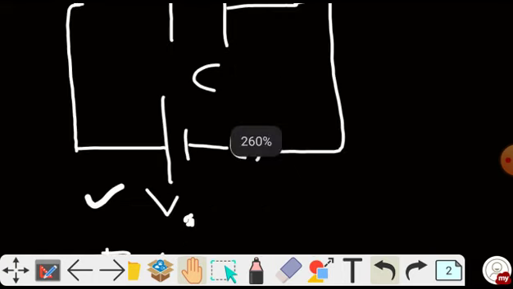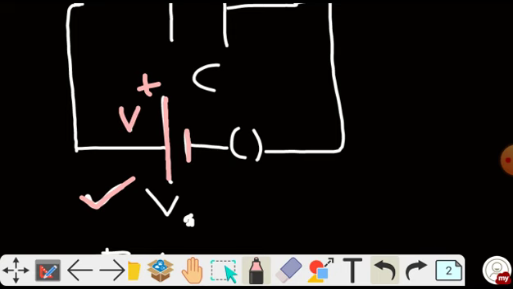But if you see the battery here, this is the positive plate of the battery, and this is the negative terminal of the battery. Since the battery is of EMF V0, I can take the potential of the positive terminal as V0, and hence the potential of the negative terminal will become 0, because V0 is the potential difference between the plates. We will learn about cells and EMF in detail in our third chapter, so don't bother. Till now, only use this concept.